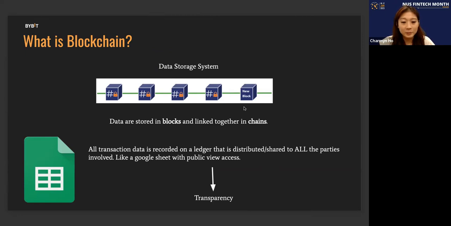So why is this an appealing factor? And what makes blockchain attractive? It is that data stored on these chains are impossible to be altered without the knowledge of everyone else, since everyone is able to access and view it. So in other words, data on these chains are fully transparent. I think I'll dive more into this when we talk about the advantages of blockchain.